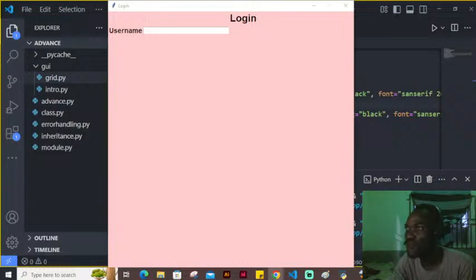The first one we have the what? The anchor. We have the border mode. You can set the height and width. You can set the rel height and rel width. You can set the rel x and rel y, and hope this is not place. This is place. For grid we have column, column span, ipad X, ipad Y, pad X, pad Y, row, row span,